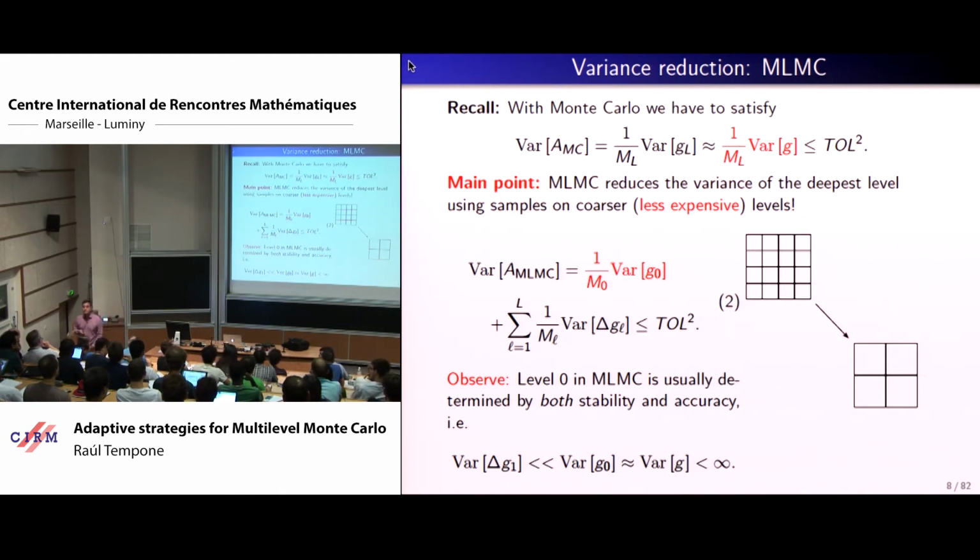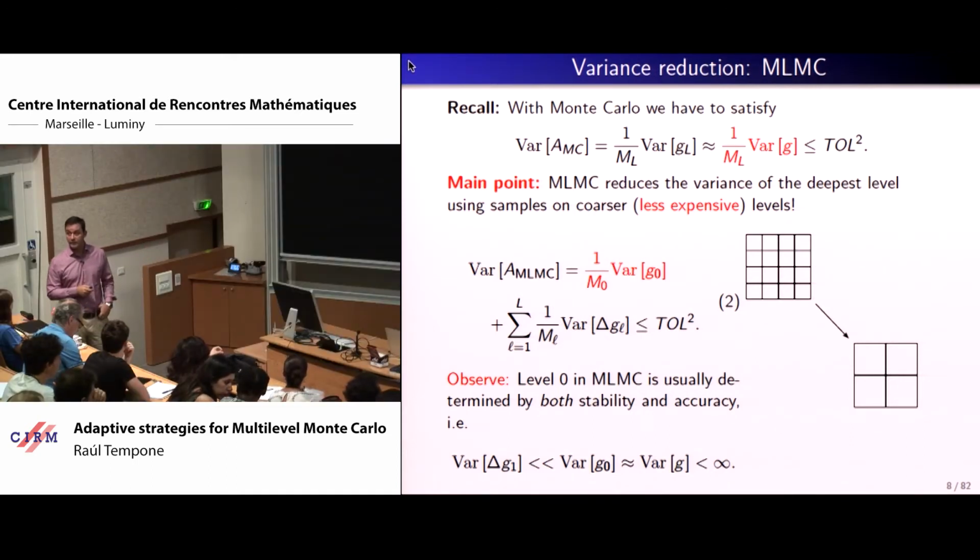You said there was going to be correlation between the different levels. No, there's not, actually. They are constructed totally independent. Okay? So that's important. From the independence in the construction, you get immediately this sum. Otherwise, you will have extra terms. It's not that it's impossible to do that, but the construction here is done on independence assumptions.